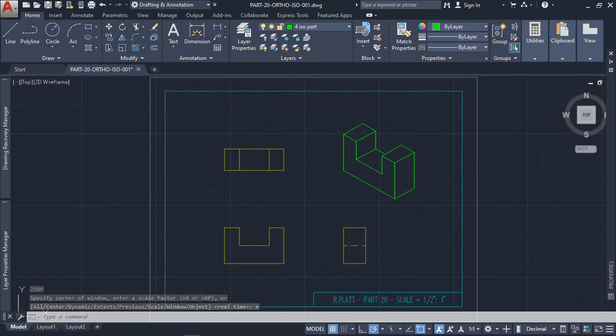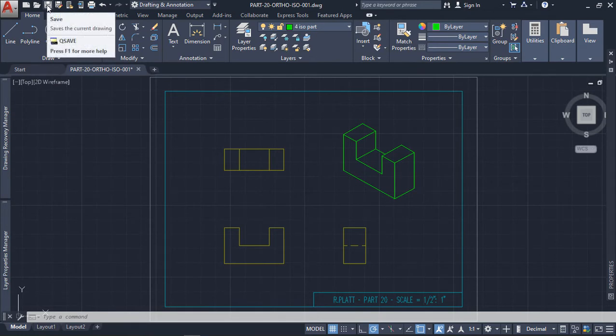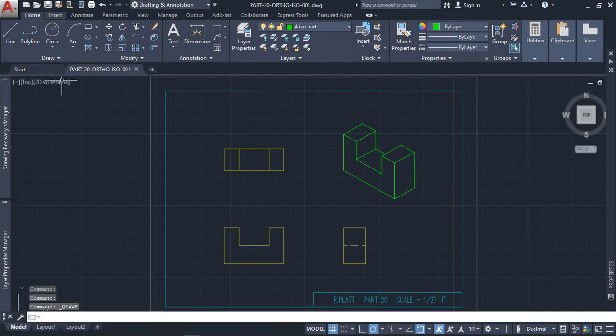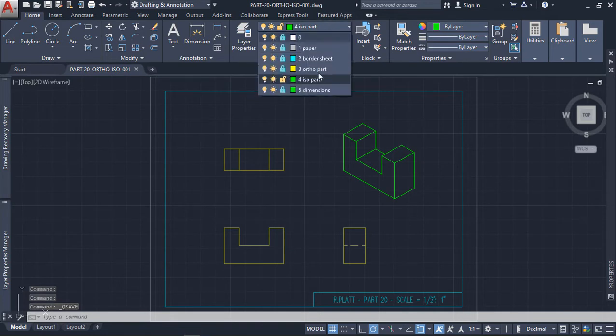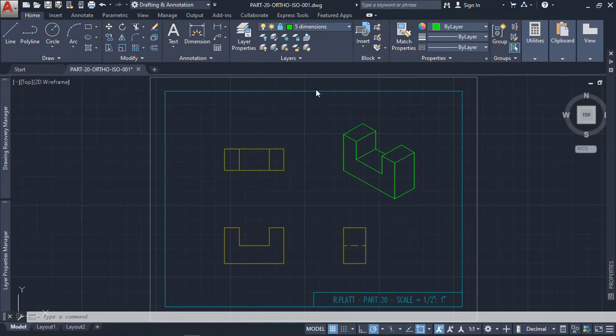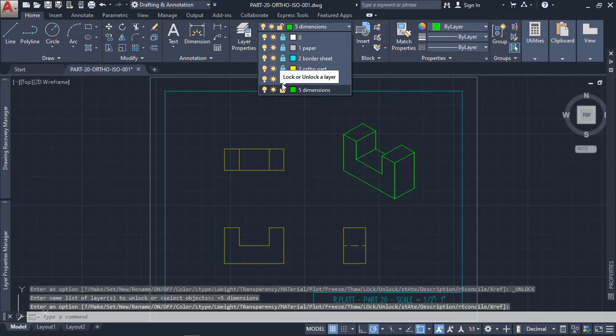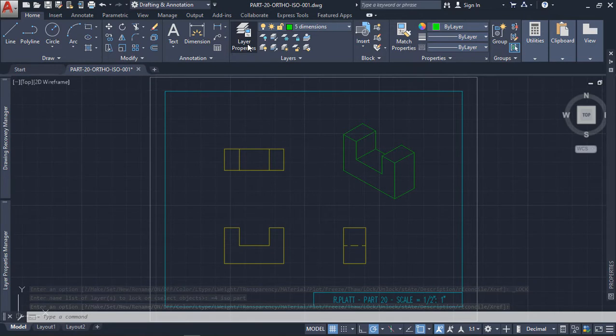Alright, let's go ahead and save our file. We'll come up here and select the save button, and that saves any changes we've made. Now let's go up here and select dimensions. Now I'm going to have to go back and change the color of dimensions. That's not the color that I want to select, but let's go ahead and get on that layer. Let's unlock it here, and let's go ahead and lock that one. And to change that color, I'm going to go to layer properties here,